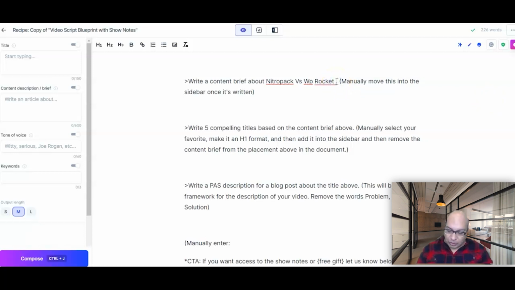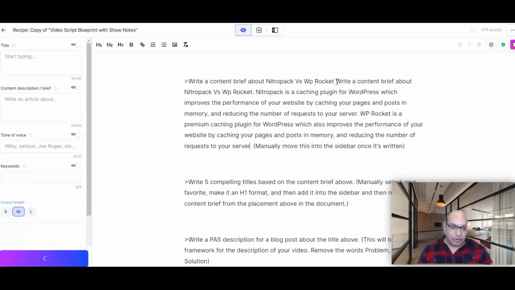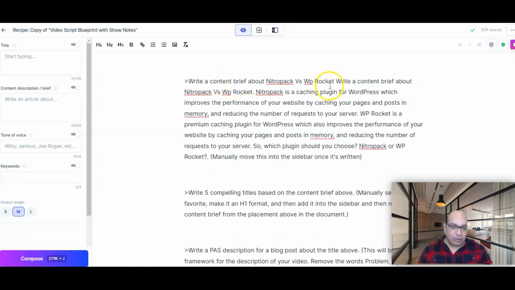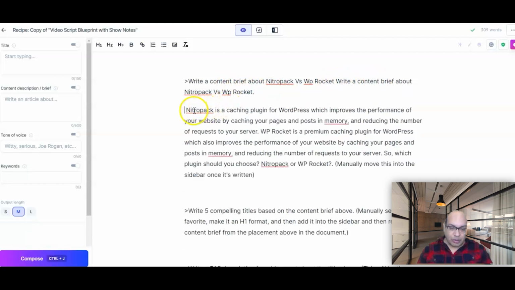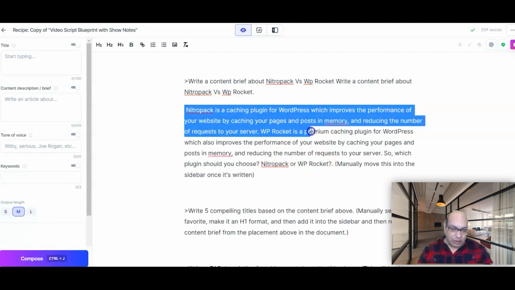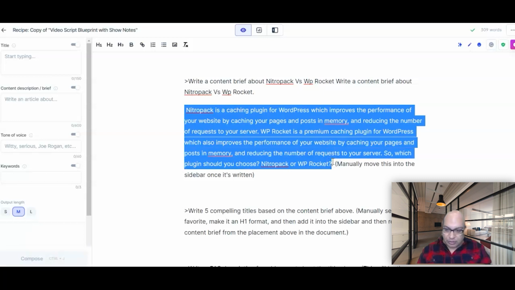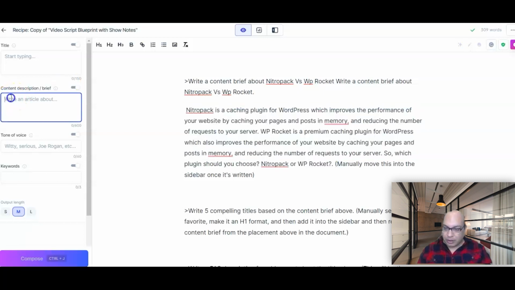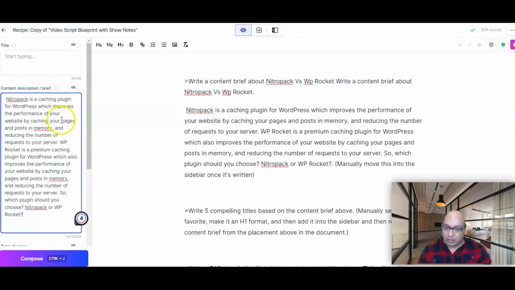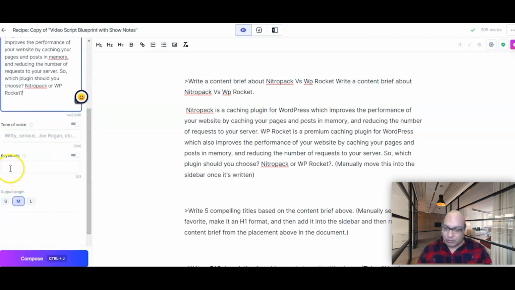What you do is press Control, Shift, and Enter, and it's going to start writing a brief content about Nitro Pack here. Nitro Pack is a caching plugin, and what you do is copy this and put it right here where it says that.